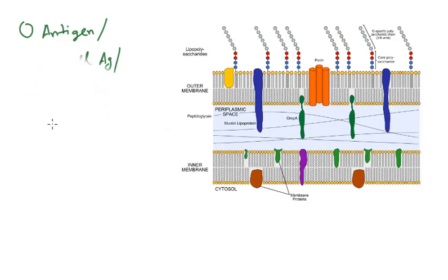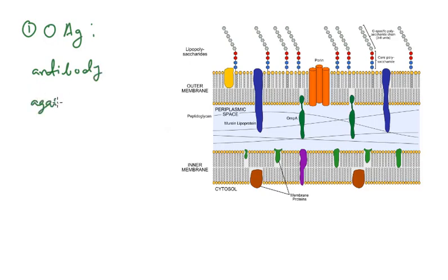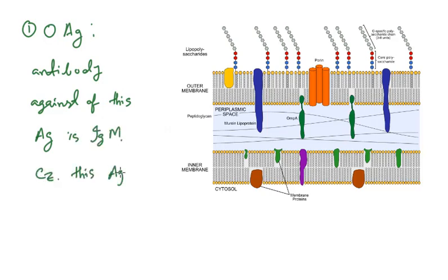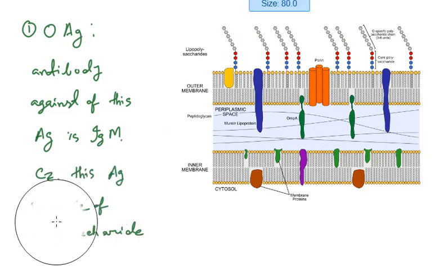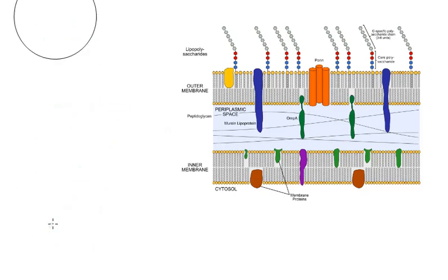We can see there are 1500 serotypes of Salmonella and 150 serotypes of E. coli based on this O antigen, and the antibody made against this antigen is always IgM type, as this O antigen is actually a polysaccharide, not a protein. So only and only IgM antibody will be made against this O antigen. This is a very important basic of immunology which is applied to this cell wall structure.